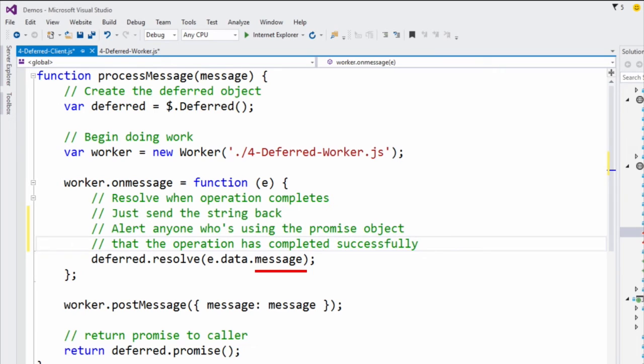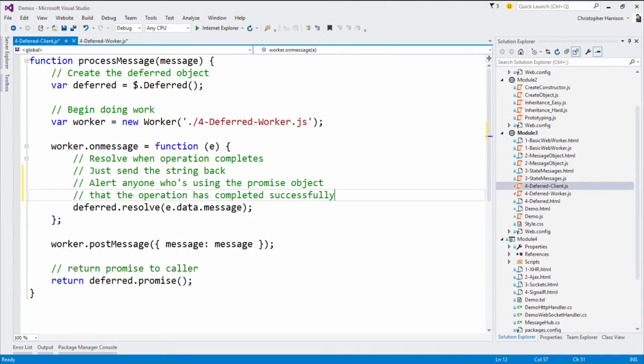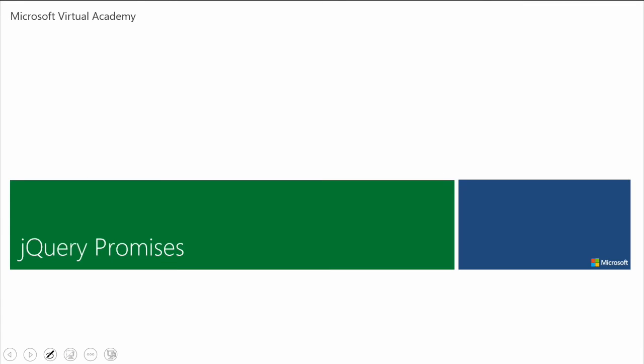And then down at the very bottom here, what you're going to notice is we're just going to return the promise back to the caller. So the caller just gets the promise. They don't know what we're doing behind the scenes. They just simply know that something's going to take a little while. And that's it. So if we now take a look at our promises, kind of go back to our slides,